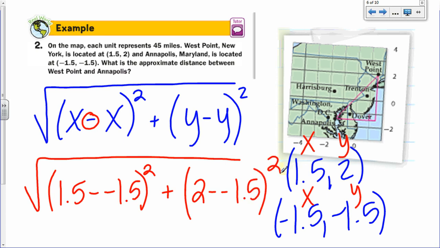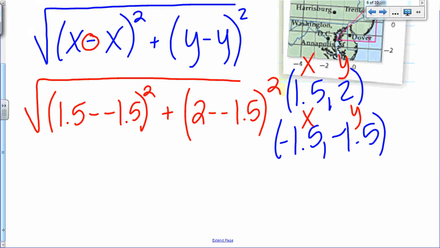All right, now, with your calculator, because we're back to using our graphing calculator as long as we can handle it, plugging this in is a one-stop shop. I'm able to plug this whole thing in my calculator. So in that calculator, you want to start out by opening up your square roots. Then you need your parentheses, then you need your squares, and so on and so forth. The biggest thing here is to make sure you're closing your parentheses. If you don't, it's going to give you an error. But if you've written it out, you're going to take this whole thing and type it in your calculator, exactly as you've written it. So when you do that, you should see